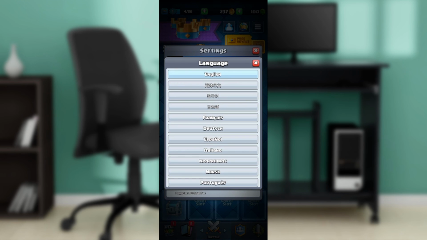After selecting any of these languages of your choice, you'll see that your account is going to be reset to the language that you changed it to. So you can also explore your gaming experience with the new language that you have set it to. This pretty much is how I can change the language in Clash Royale. And I can go over the tutorial from top to bottom to get